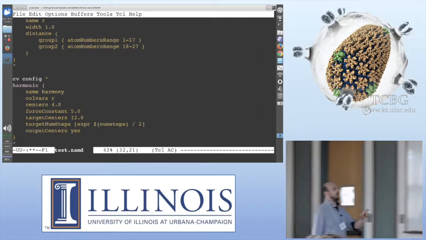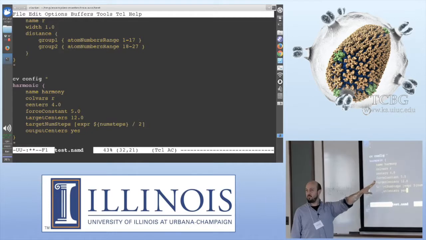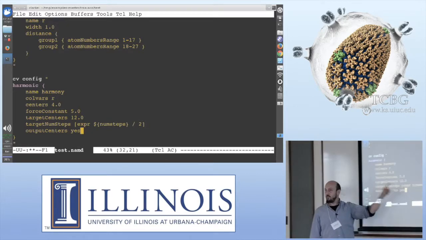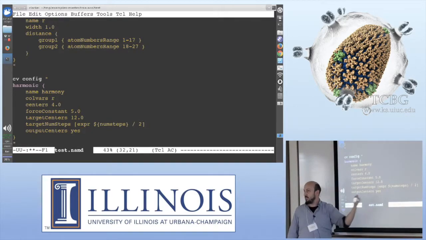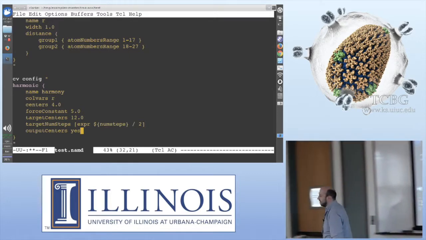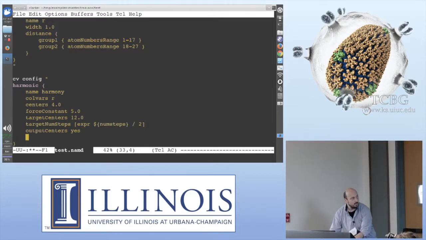So this will write to the colvars.traj file the centers of the restraint, and one of them is R0. So R0 is a function of time, and it is going to be written in one of the columns of this file. So we can plot it. Another thing that is interesting,